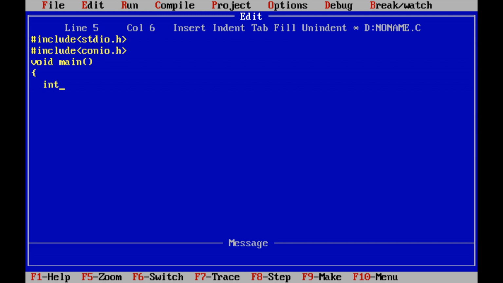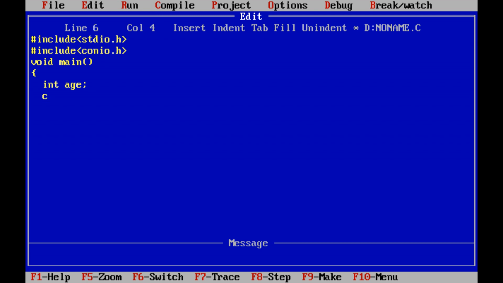Next, I am declaring variable age, which can be declared as integer. So the data type of variable age is integer.